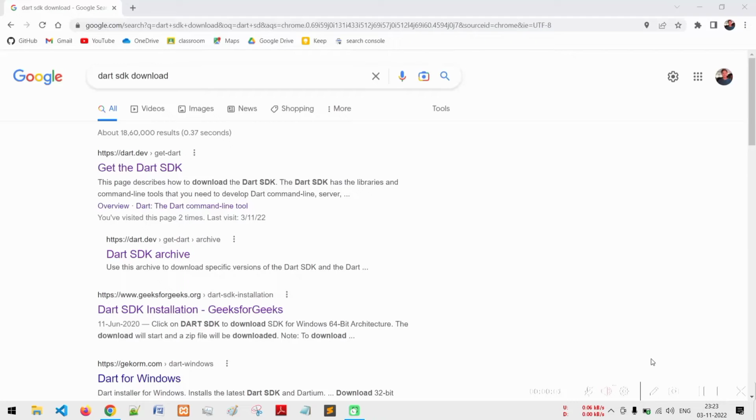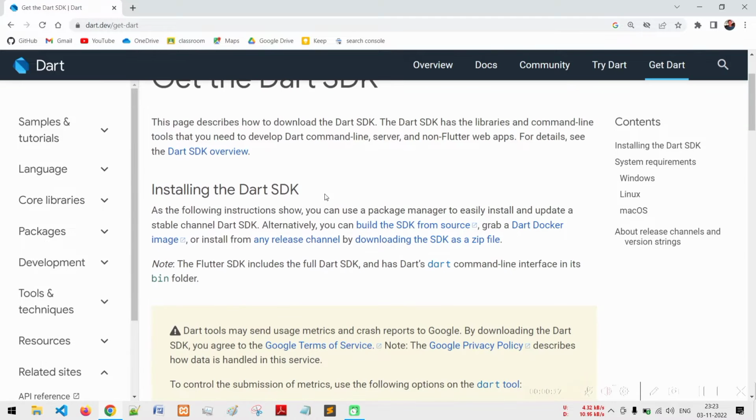Hello everyone. In this video we will show how you can install Dart on your Windows system. First, open up your browser, search Google for Dart SDK download, and you will see the first link called Get the Dart SDK. Click on it. After that you will see a link for downloading Dart as a zip